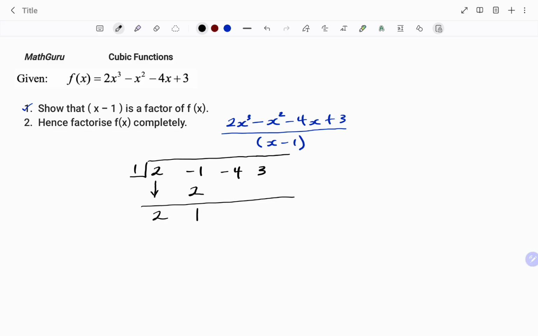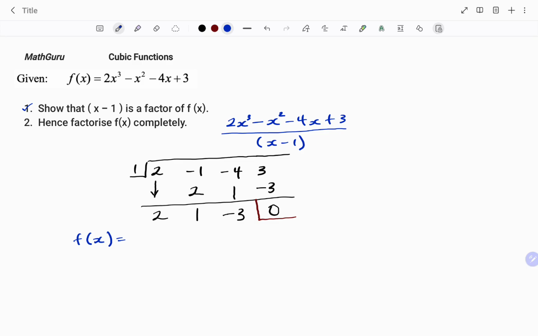So I repeat the process. It's similar to long division. 1 times 1 is 1, so I write my 1 here. And then I have negative 4 plus 1, it's negative 3. I repeat the process again. 1 times negative 3 is negative 3, and if I add that together, that's 0. So having 0 at the end here simply means that I'm able to divide my function by x minus 1 without a remainder. So therefore, if I rewrite my function,